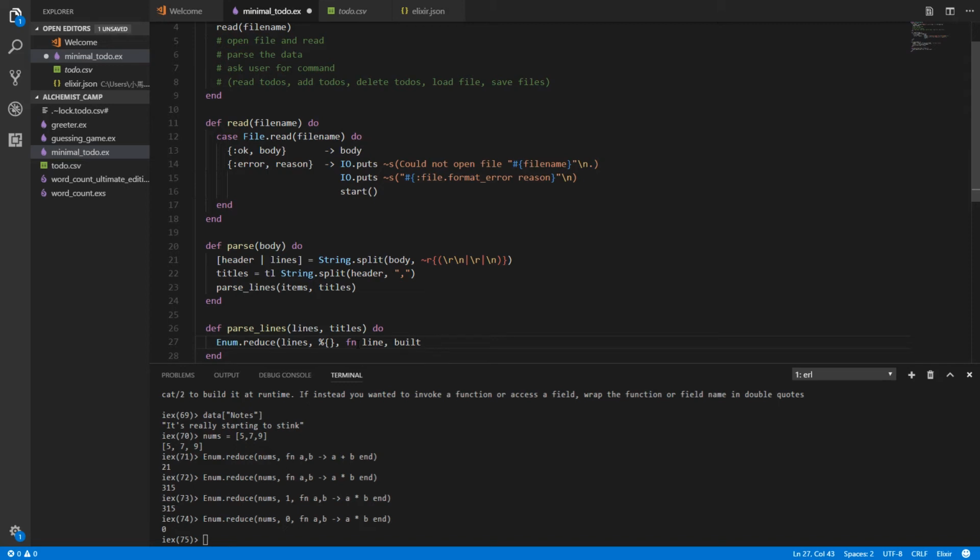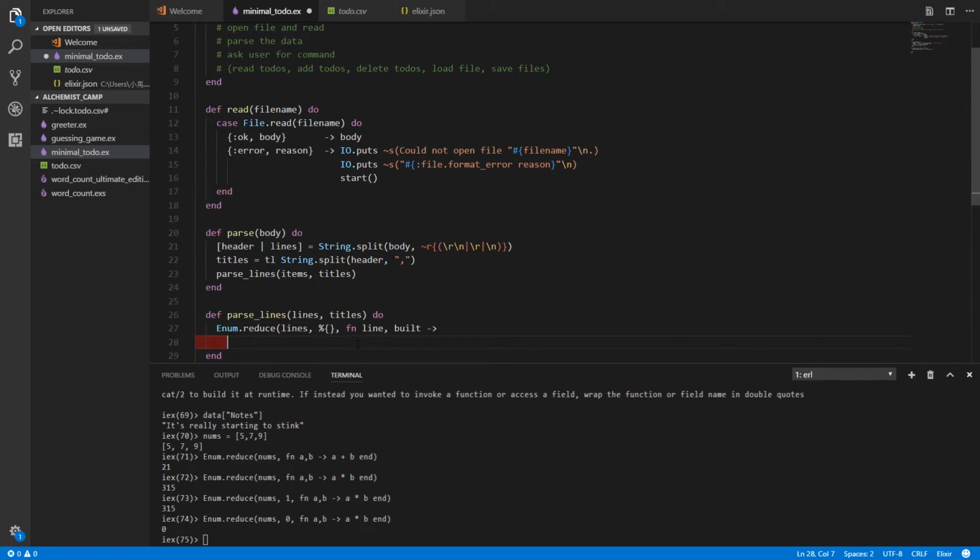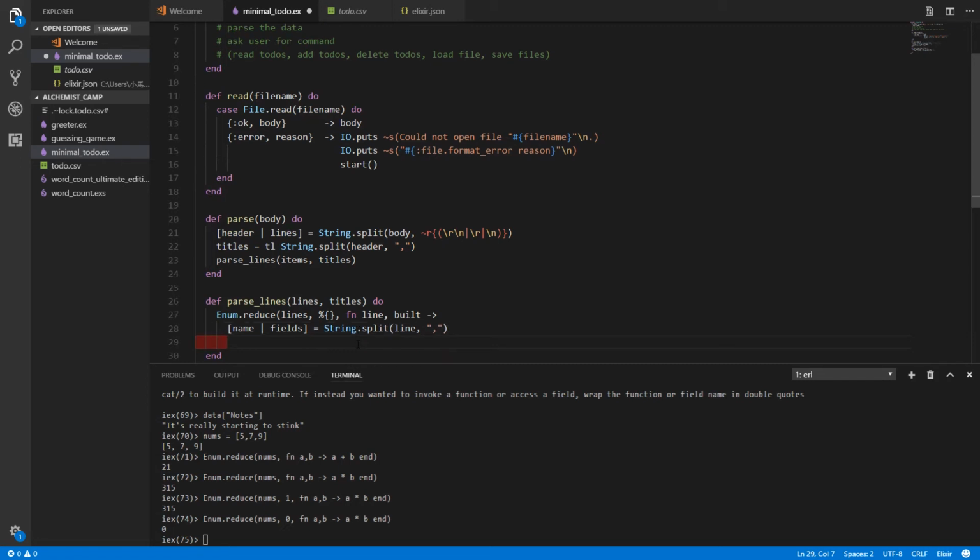And this is the map that has been built so far. And we definitely need more than 1 line for this. Okay, we're going to pull the name and the fields out of the line. Actually, we've got to split the line too. And we're splitting by comma, of course. Okay, so that name should be take out the trash, and fields should be an array of everything else after